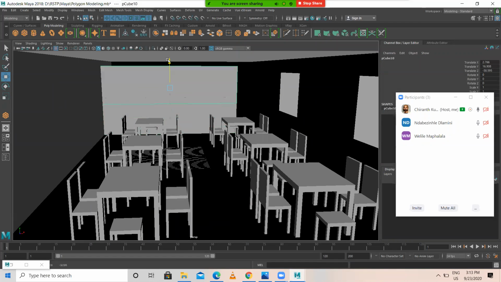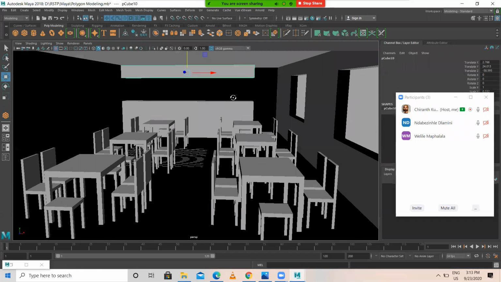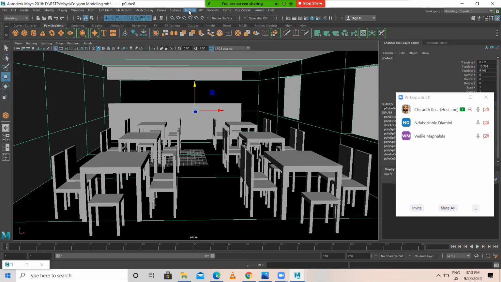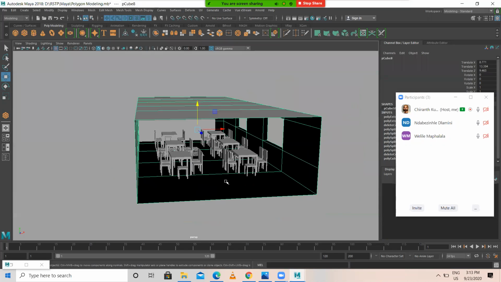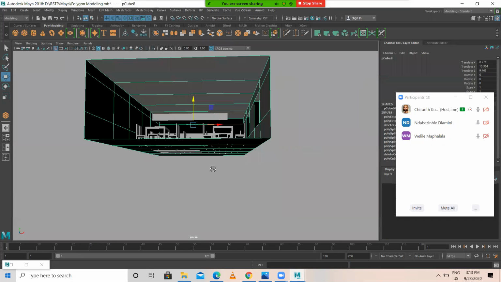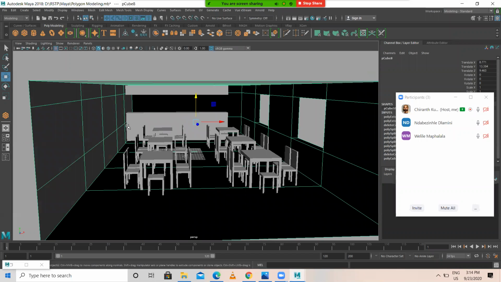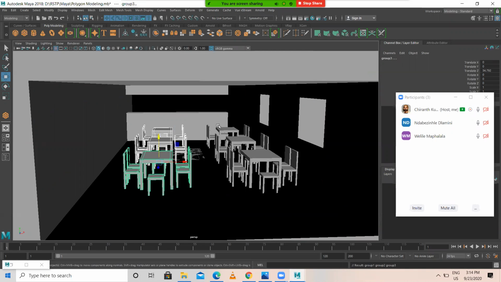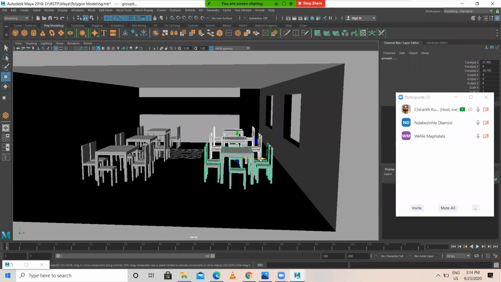I'm placing this here like this. There's an arrow, I'm just placing it over here.